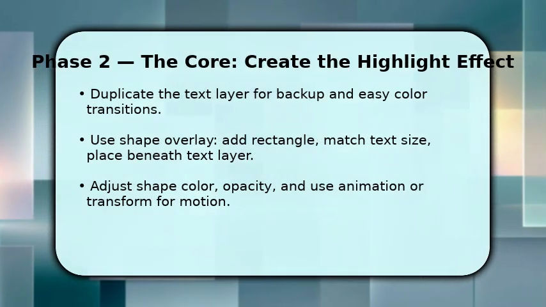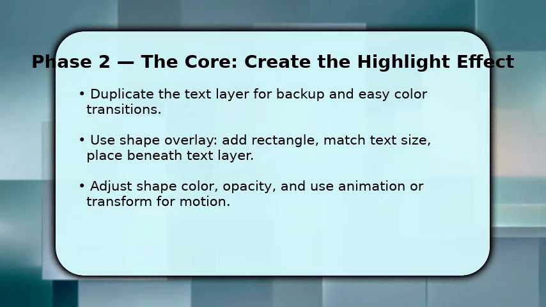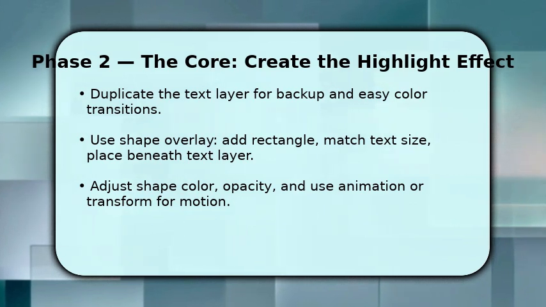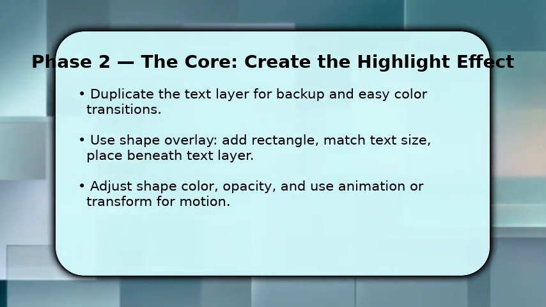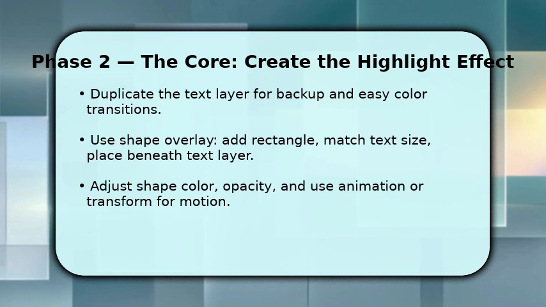Next, you craft the actual highlight. Duplicate the text layer so you can revert quickly if needed, then add a rectangle shape and resize it to sit exactly behind the letters. Change the rectangle color to a high contrast highlight hue and drop the opacity to about 70% for a translucent